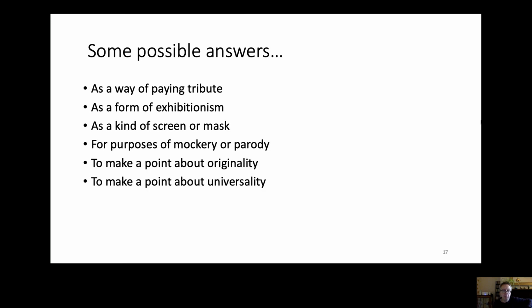Finally, quotation, intertextuality, can be a way of making a point about universality, that if you've had a feeling or a sentiment or an emotion or an experience that is there in Jane Austen or Shakespeare or Dante or wherever, you can use that quotation to suggest that there's something universal about this experience. It's not just unique to me or to this moment, but something that happens across time, and that perhaps everyone can see themselves in.